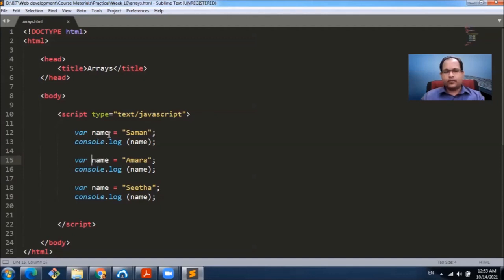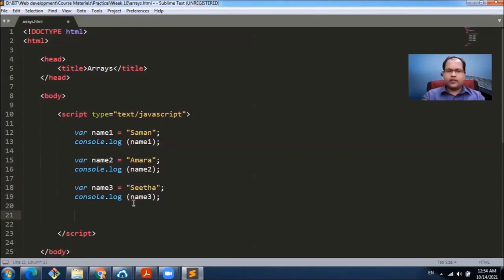But what if we want to hold all three names? Then we will have to use three variables. So let's rename this to name 1, name 2, and name 3. Still, name 1 will hold only Saman, name 2 will hold only Amar, and name 3 will hold only Sita.